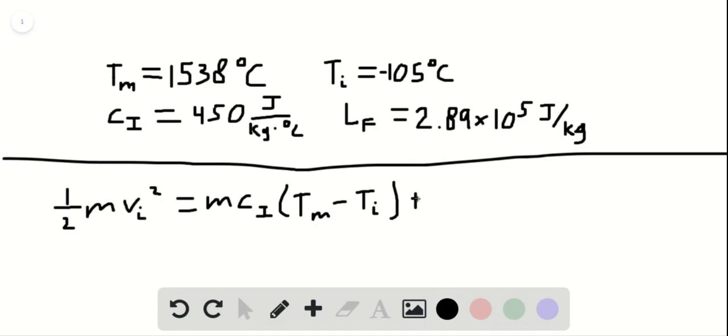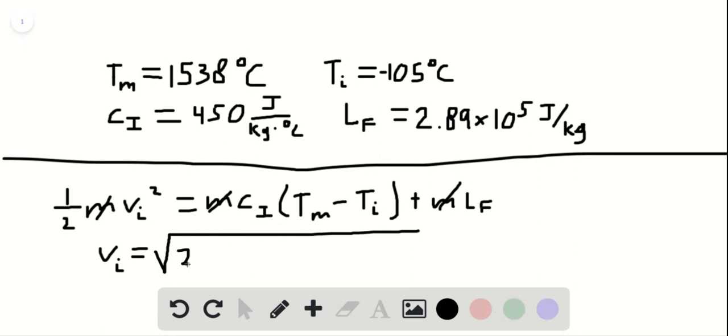And then added onto this, you have the mass times the latent heat, L sub F. Okay, so solving this relationship for V sub I, we notice that all the masses cancel because they're all the same. So V sub I is equal to the square root